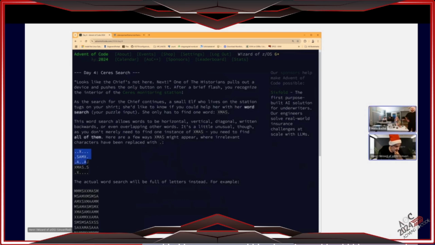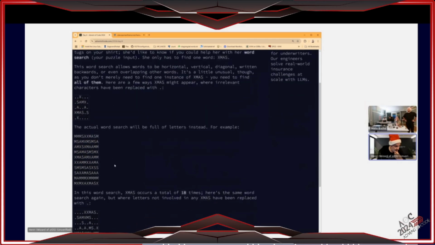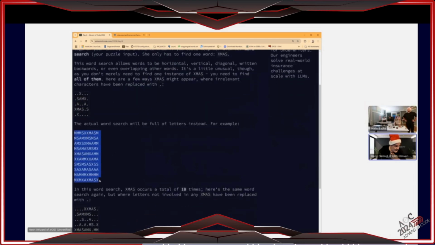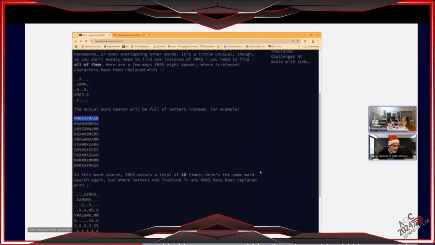I think this example is a bit hard, so I'm looking at this one. If you look at this puzzle input, our task is to find all the occurrences of the 4-character sequence for Christmas, XMAS, across, left to right, I assume, top to bottom and bottom to top, and diagonally. So we could bring your knowledge into Rexx and try to solve it,